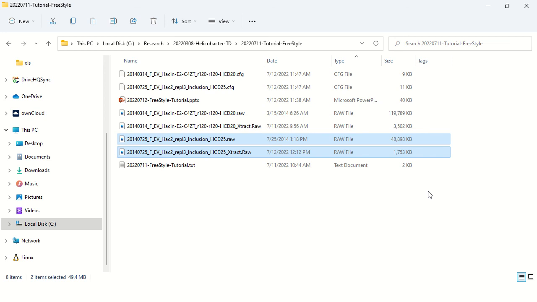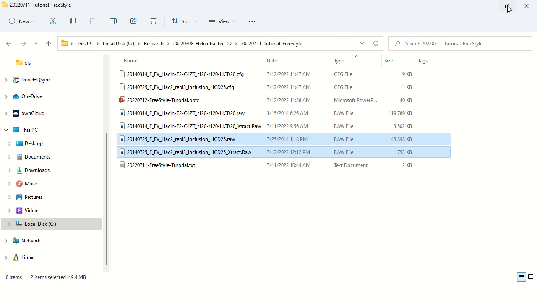These Xtract produced raw files are not really usable in anything but Thermo software at this point. I made the attempt to open one of these extracted raws within the ProSite PC software and didn't get very far. It's in a slightly different format than the Xtract that was integrated into the XCalibur software. So we can still open these in XCalibur, and we can still open it in FreeStyle, but we can't really open it in something like MS Convert, where we might want to send this file to